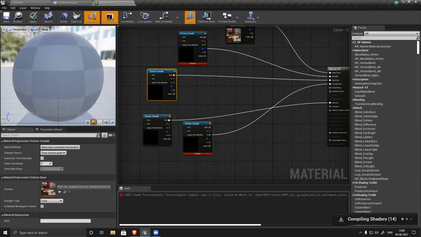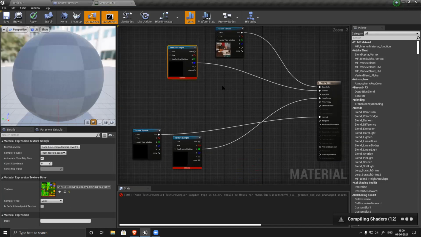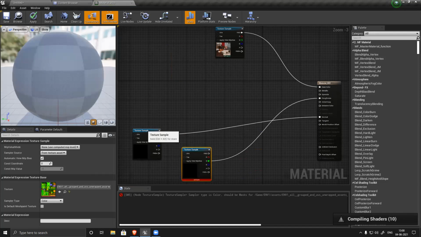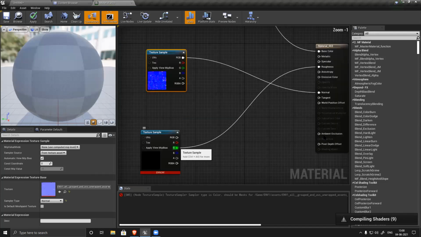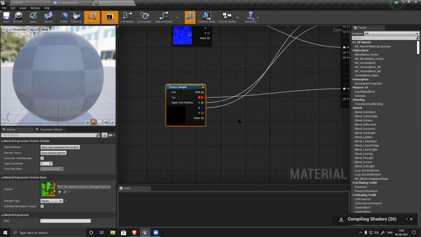You applied this to specular, wrong. Metal, so delete, just one. This red is ambient occlusion, blue is metalness. Select this, change this to mask, the error will go.